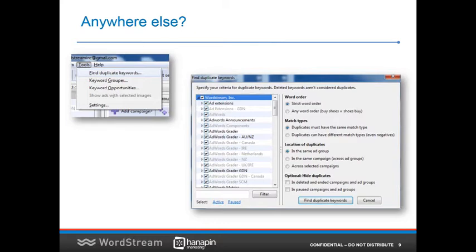And the next step, you want to head to the Tools dropdown and select Find Duplicate Keywords. From there, you select exactly what type of duplicates you want to catch based on word order, match types, and location. You can also filter out those in deleted or paused campaigns, which will clutter your list. So I would start small, especially if you have a larger account, and focus on duplicates with the same match